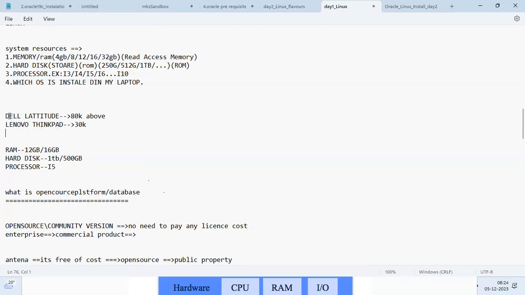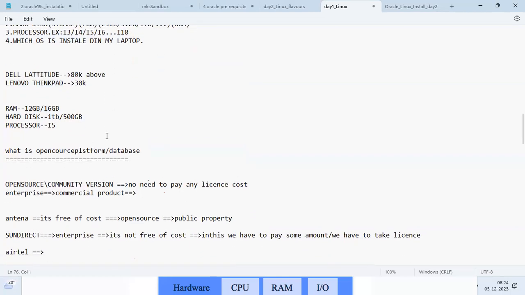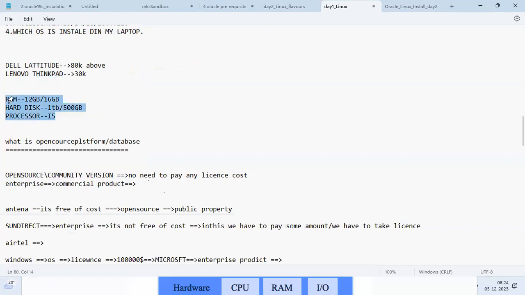So please buy these two laptops only: Dell Latitude, Lenovo ThinkPad. These are the system resources required.